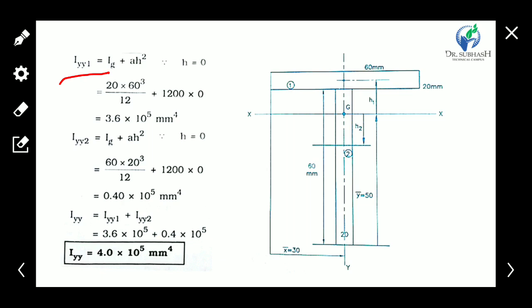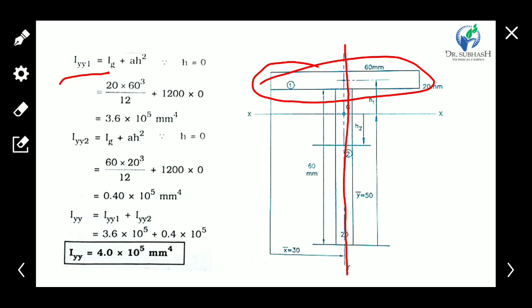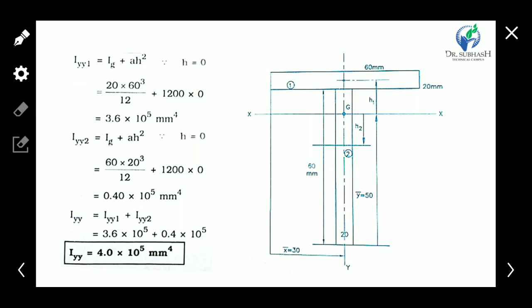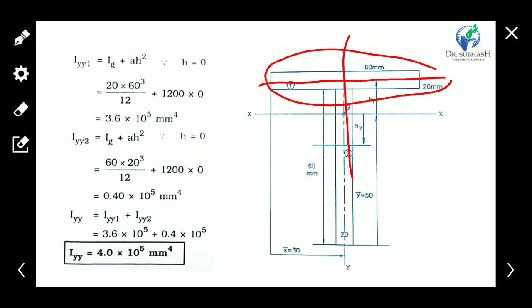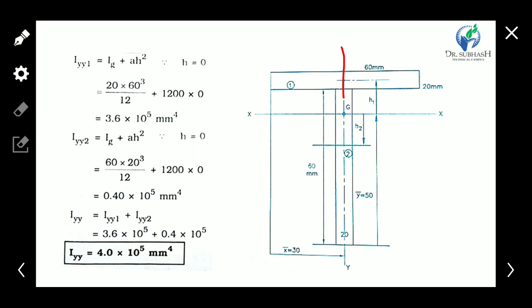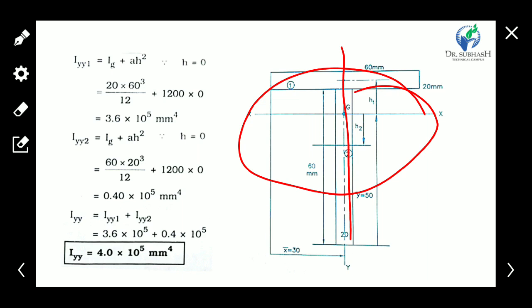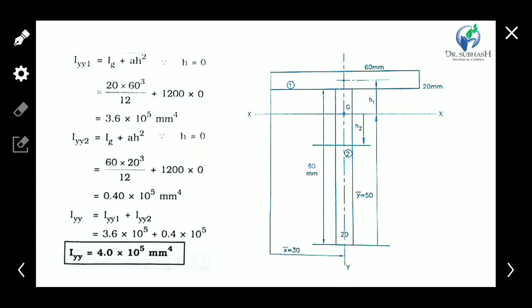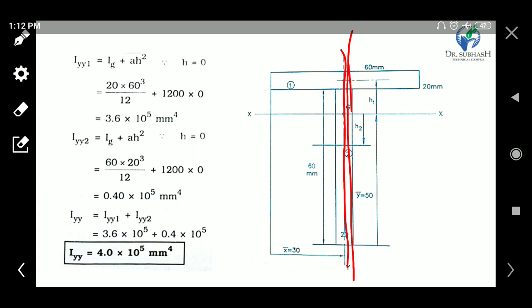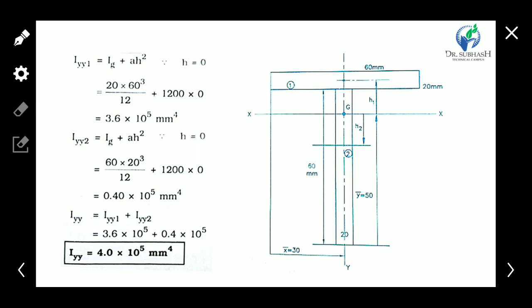Iy1 is the moment of inertia of the first element about this y-axis. Okay, so here, if we find out the Iyy of this element, it's already on this axis, and the total Cg is already on this axis. The axis is the same. Okay, so directly we can use the Ig, એટલે કે આપણે સેન્ટર ઓફ ગ્રેવિટી થી,